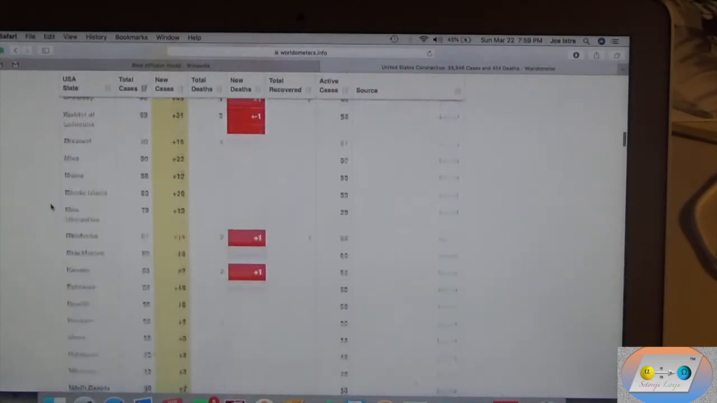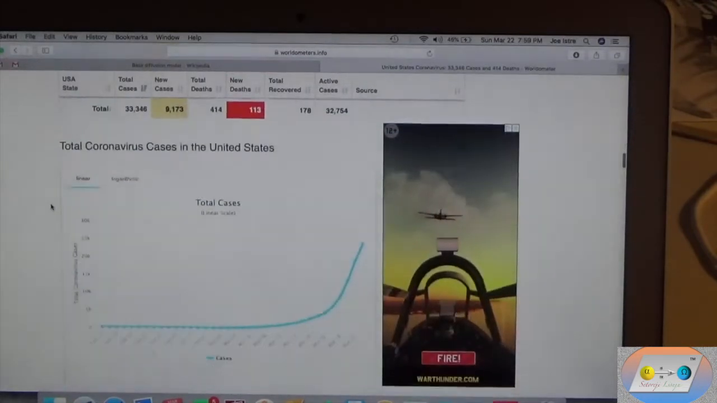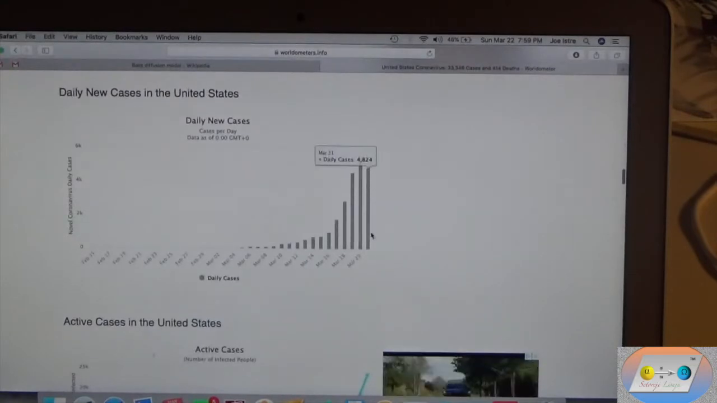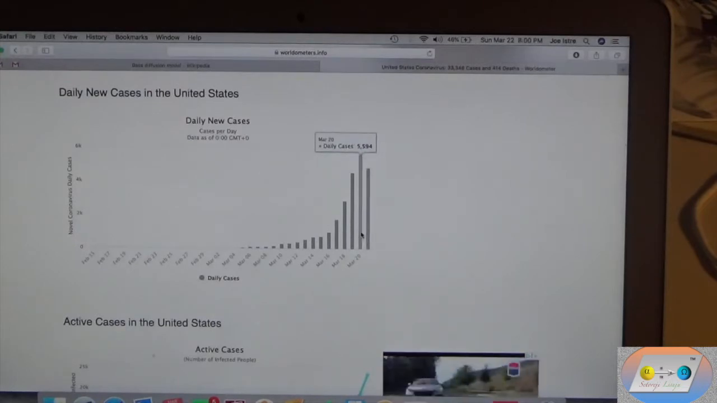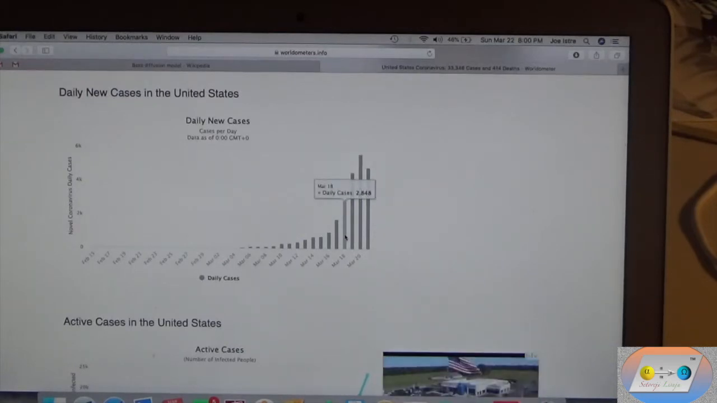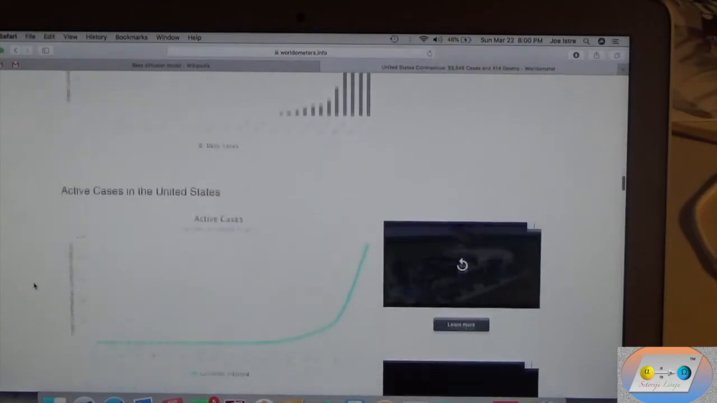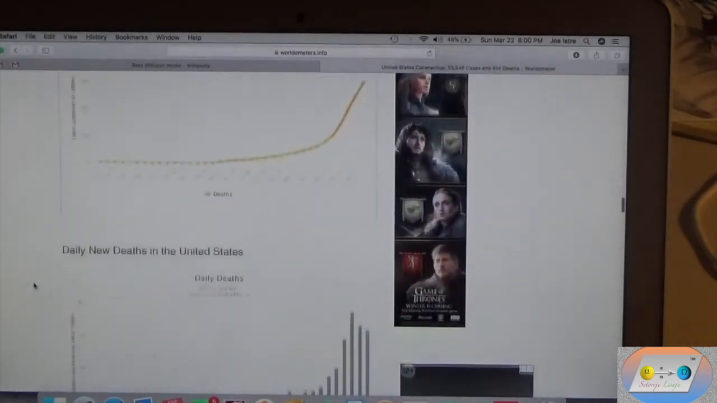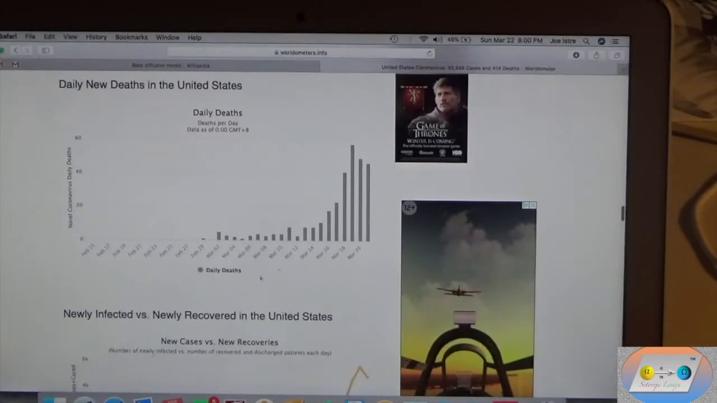So there you go. One thing about this where you can get individual stats per day is daily new cases in the United States. So for example, March 21st, which was yesterday, we got 4824. March 20th, 5594. March 19th, 4530. March 18th, 2848. So I'm interested in new cases and daily new deaths. That's what I'm interested in mostly for the stats. 46 on March 21st on deaths, 49 on March 20th, 57 March 19th,